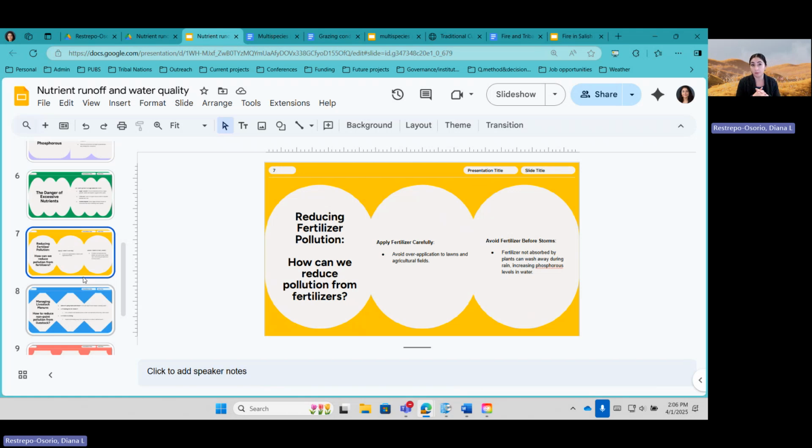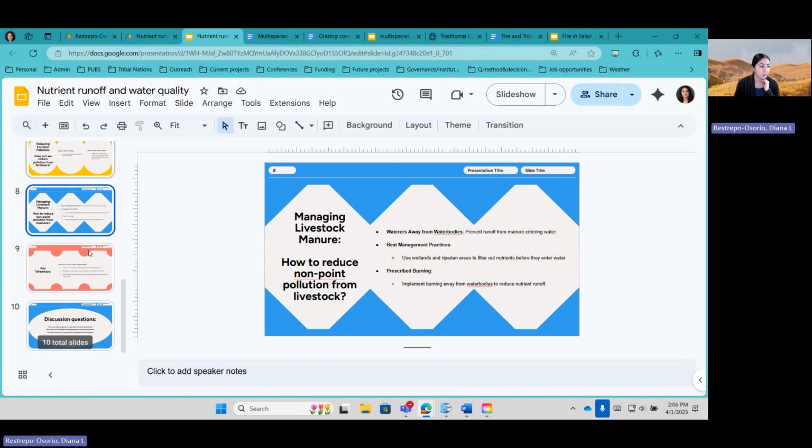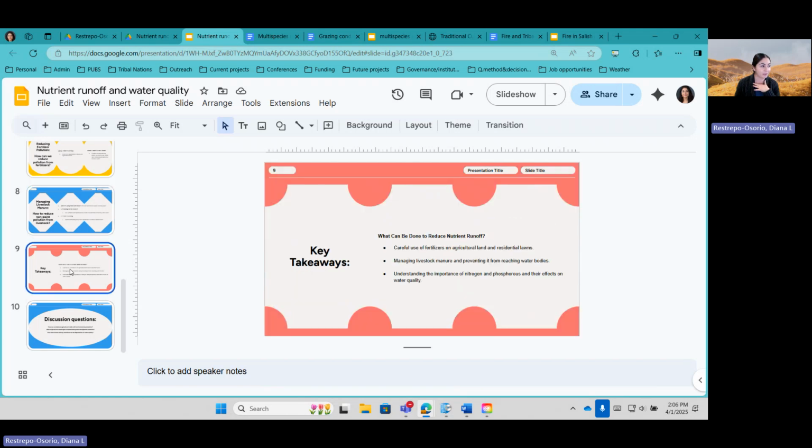Talking about maybe some of these best management practices, implementing riparian areas, maybe some wetlands to prevent a lot of these nutrients from going into our water bodies, and that sort of thing. All of those ideas will be outlined here in this PowerPoint presentation as well. These are just basic points that I've put in here. You're welcome to put pictures in there. I didn't have the time to do that, but